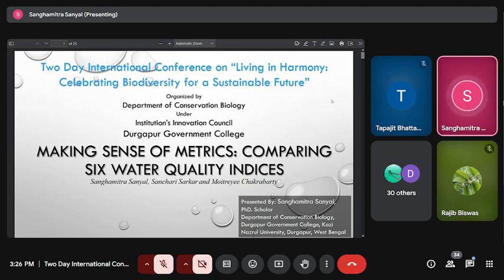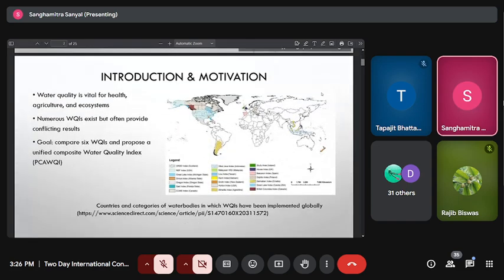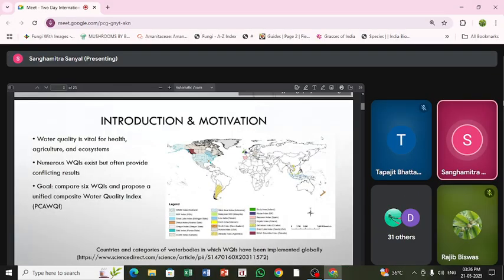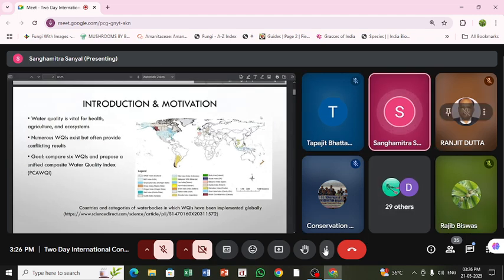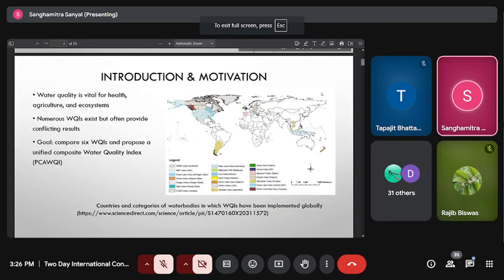Good afternoon, everybody. Esteemed professors, fellow scholars, and other seekers of knowledge. Today, my topic is making sense of metrics, comparing 6 water quality indices. I'll jump into the gist of it. The basic idea, as has been discussed before on this very day, is that water is of vital importance to